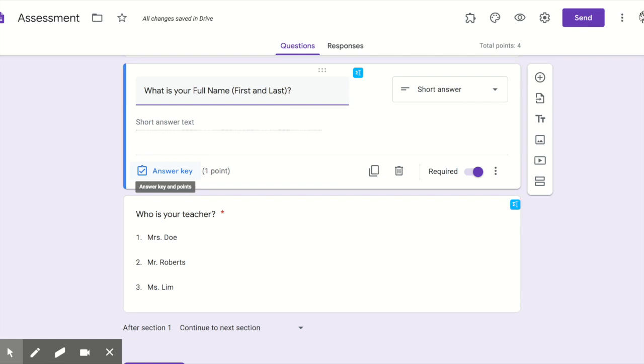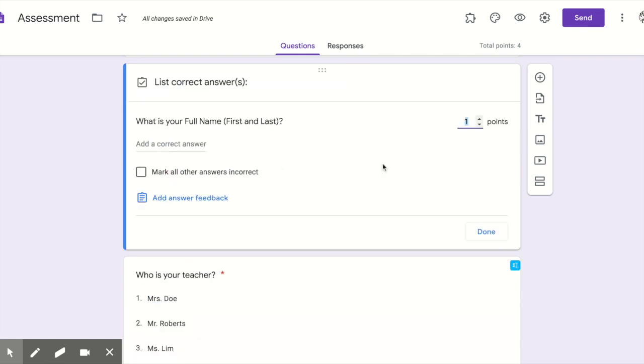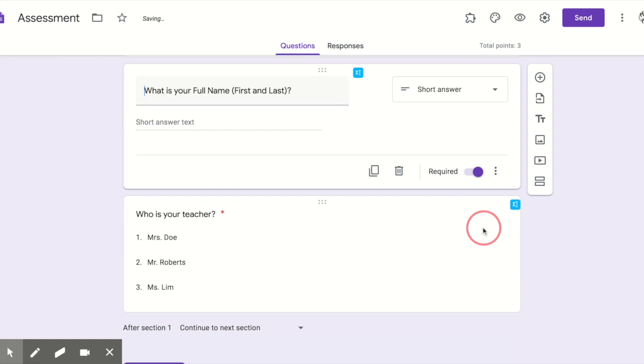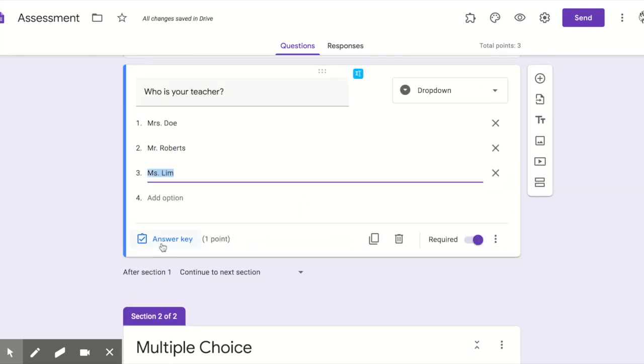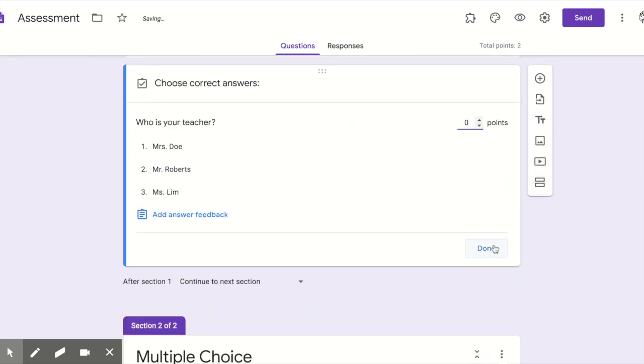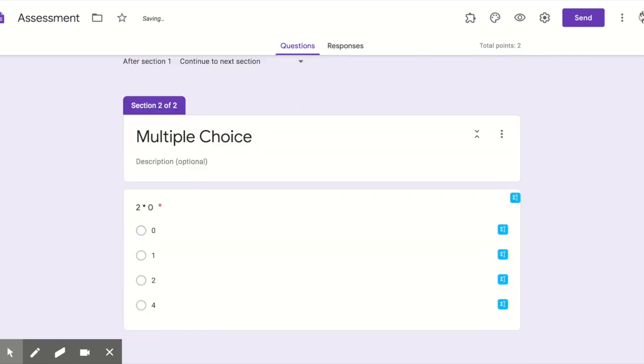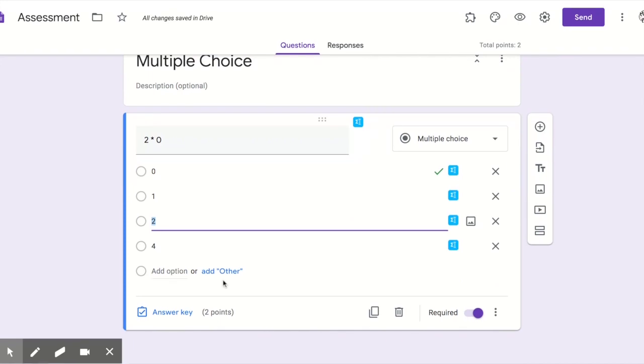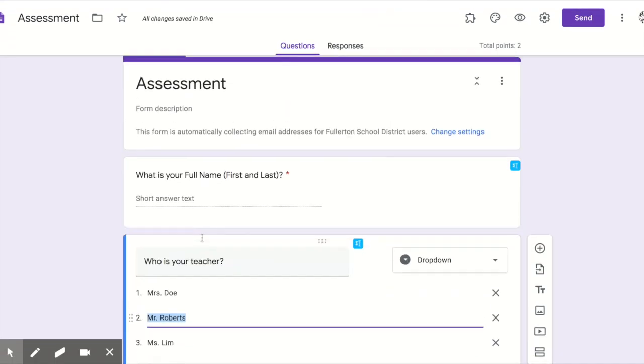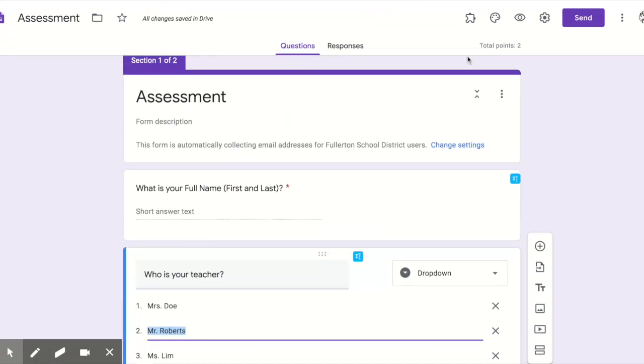These questions may not need a point, so you could take the point value away just by lowering the point value and making it 0. And as you can see, now the total point value is 2, and that's because this multiple choice question is worth 2 points. Now, if you want to see this from a student's perspective, all you need to do is click on the preview button